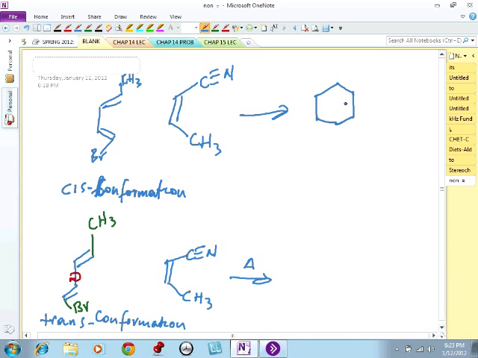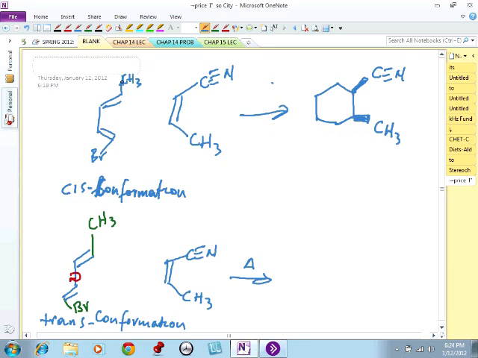Okay. Now, what do you think the stereochemistry is going to be here? Let's start with this cyano group and the methyl group, which will be on this side. What will be the stereochemistry between them? Cis. Okay. So this will be and this one here will be on the same. And with relation to the